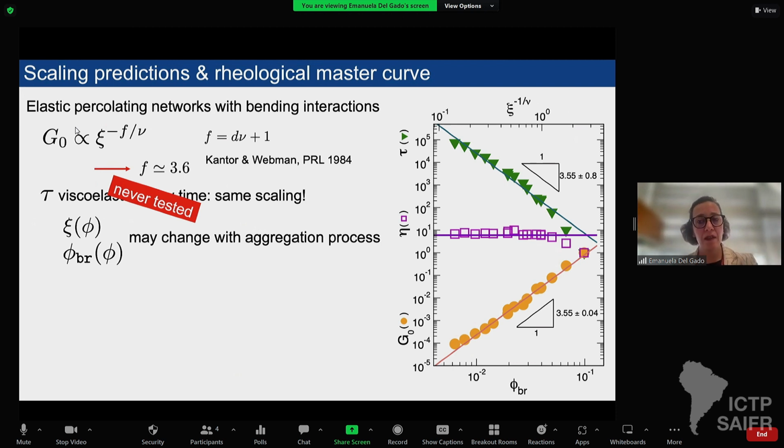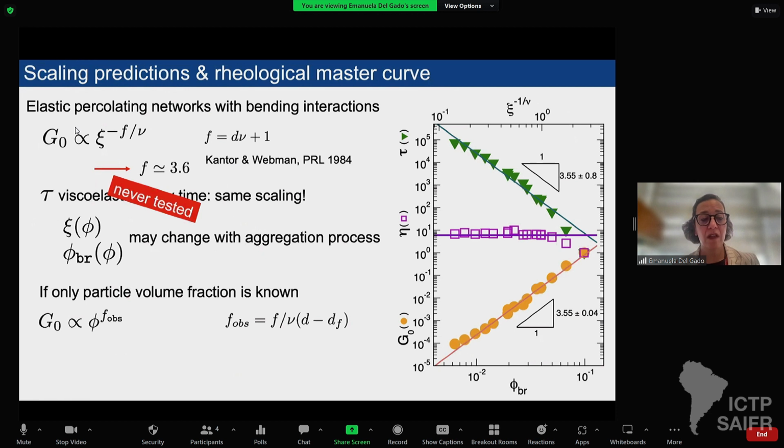But what this picture is telling me is that, in fact, the scaling that I measure as a function of the volume fraction will be related in different ways to the distance of the system from the rigidity threshold, depending on the system. So it depends on the relationship between the correlation length and the volume fraction, or the amount of branching points and the volume fraction. And so depending on different aggregation processes, this relationship can be different, which then can change the exponent that